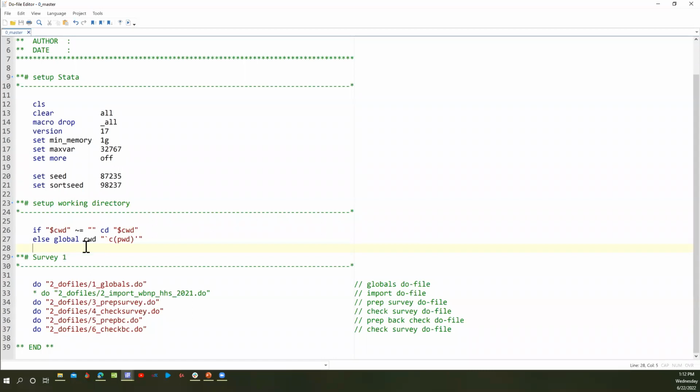So it should be fine. Which do file are you referring to? When we're running the master do, there is an error message telling you that... yeah, so that should be fine.